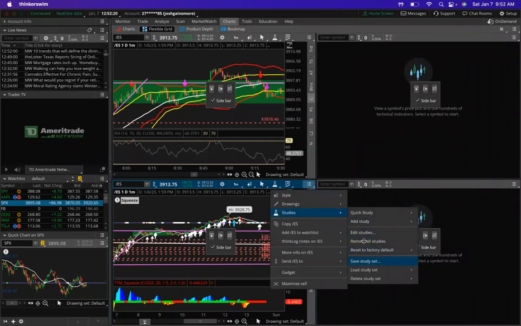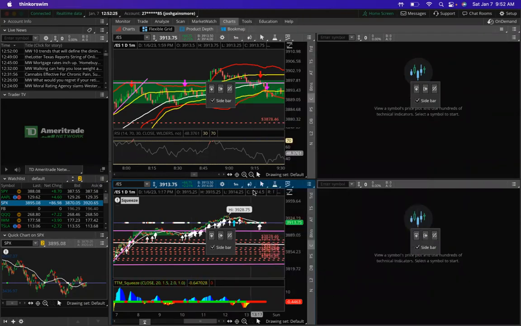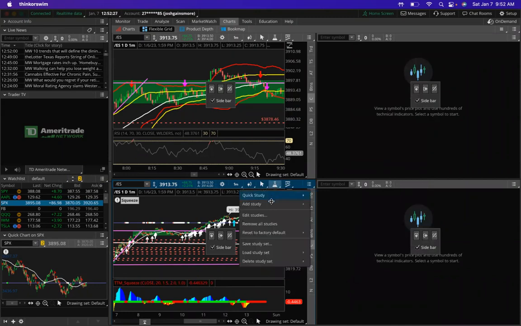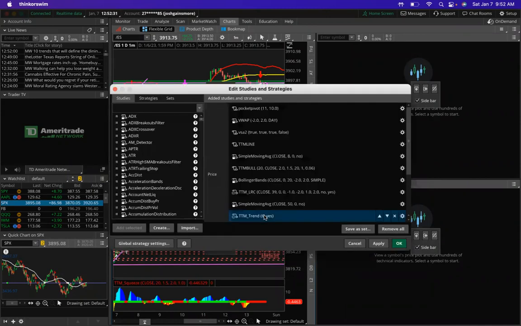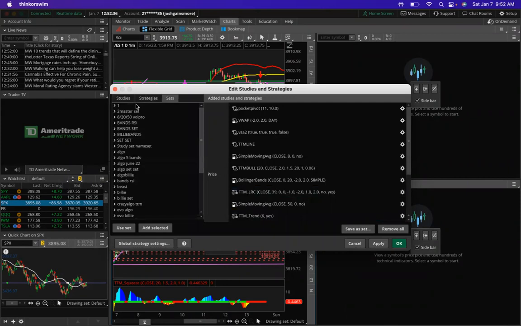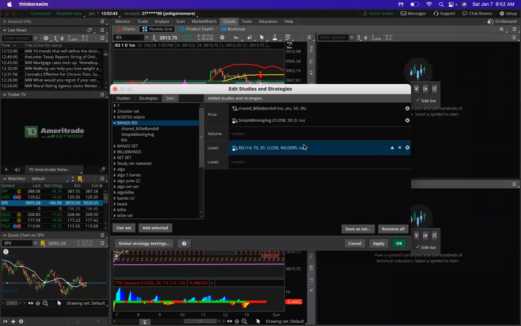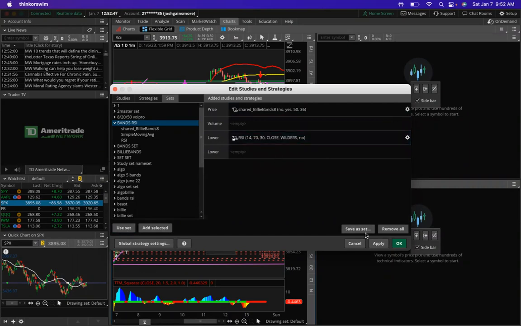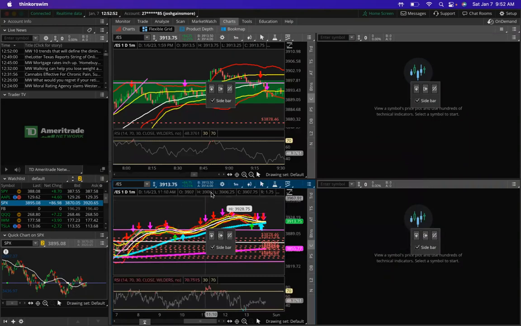I want to save this as the factory default. All right, it looks like studies might be the only thing we have to adjust. Let me know if any of you guys see that little button that'll let you. But it looks like that might be the one thing you have to do. It's just use this set. Oh, I already have a bands RSI saved. That's funny. All right, cool. So at the very least,